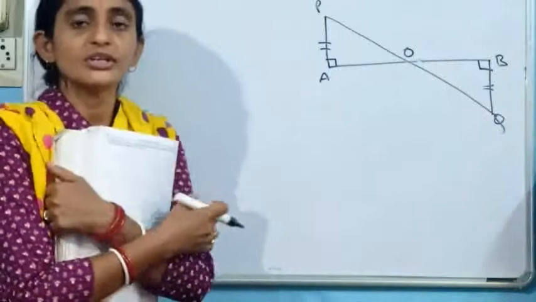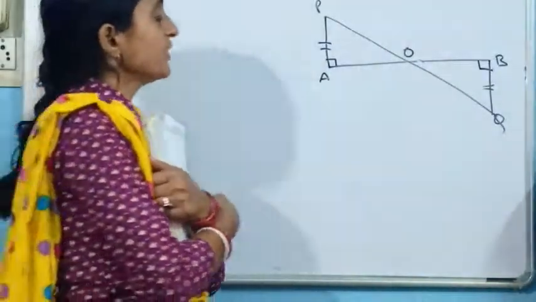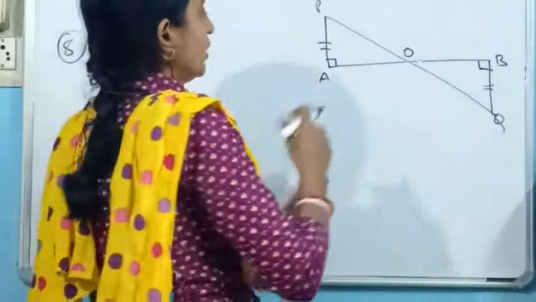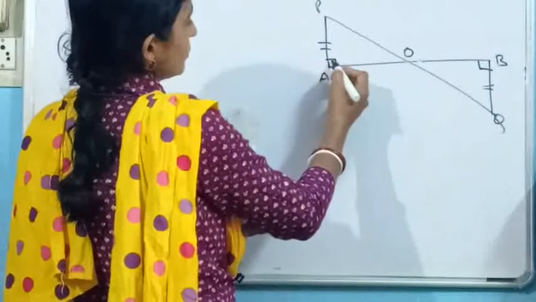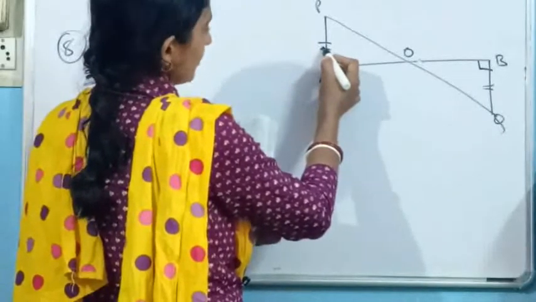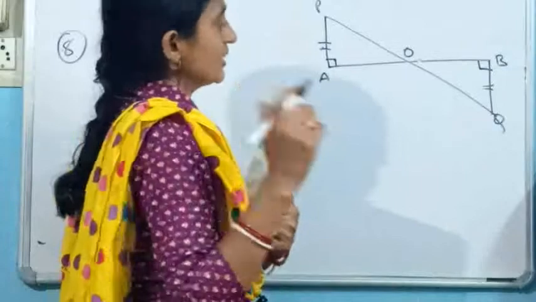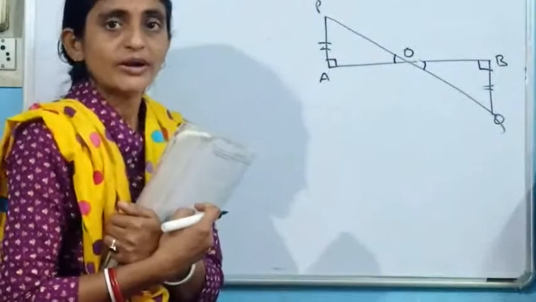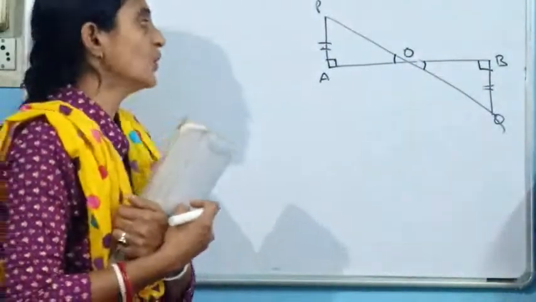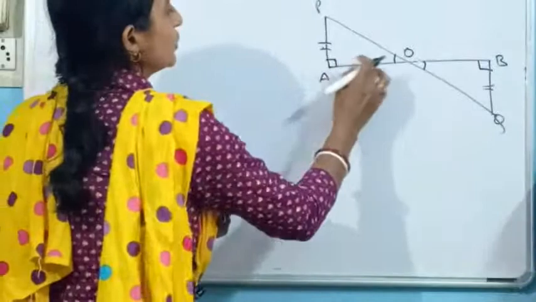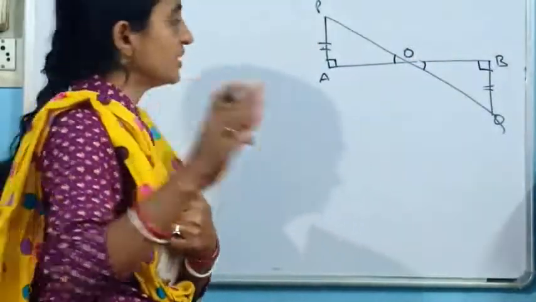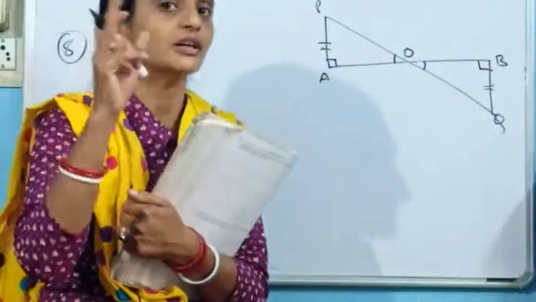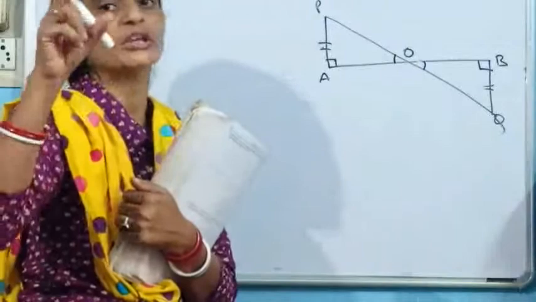What are the things that have been given in this question? Try to follow up. You can see one right angle has been given. This side has been given. Other than that, what do you have? You can go for those two angles. They are vertically opposite angles. So in the two triangles we are considering, if I have got two angles equal, then definitely the third angle will be equal. Yes or no? Because they are bound to be 180 degrees.